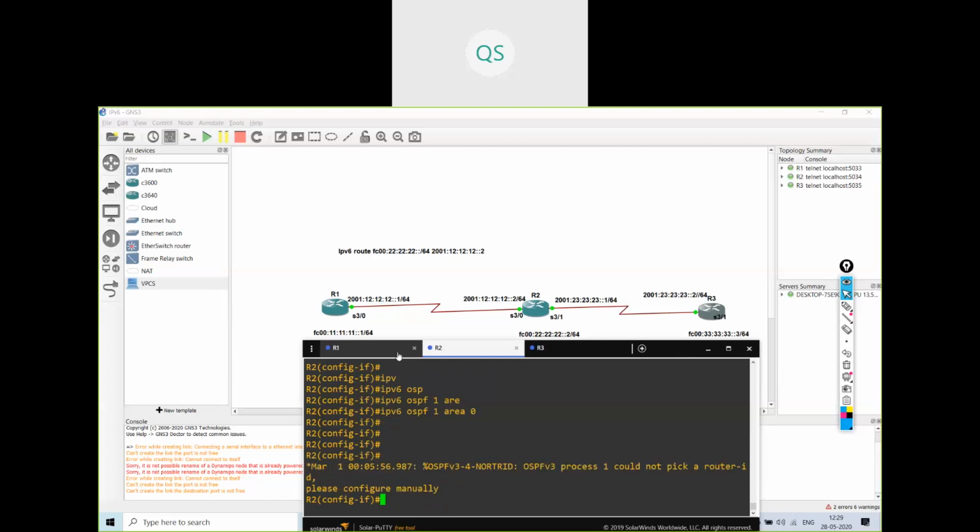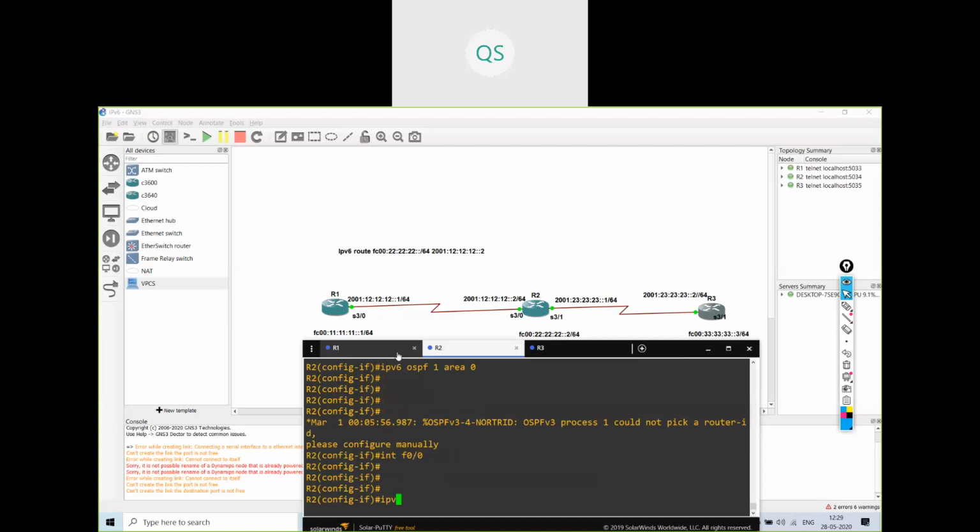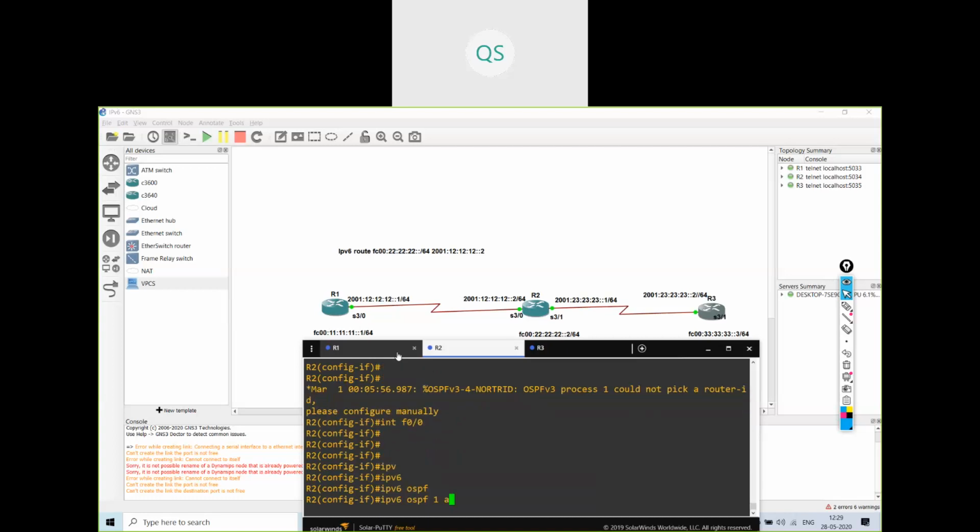Interface fastethernet 0/0, ipv6 ospf 1 area 0.